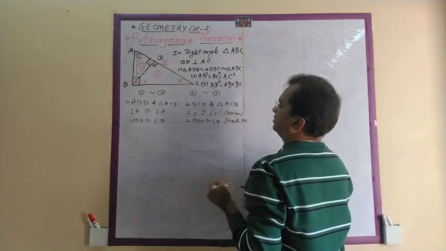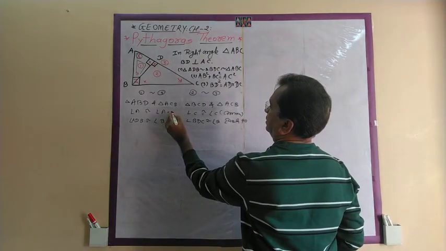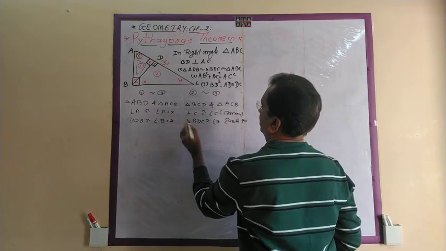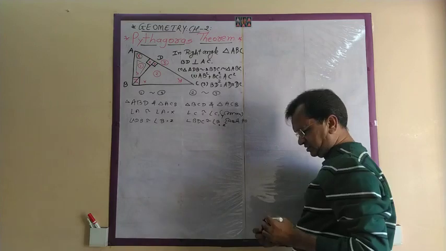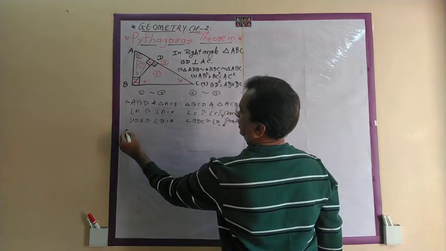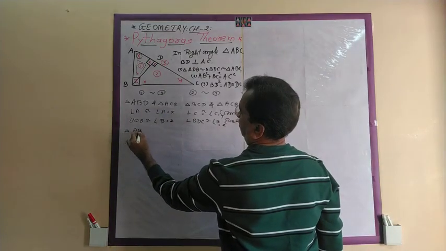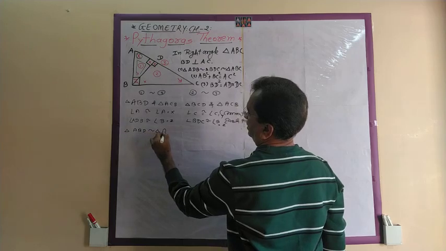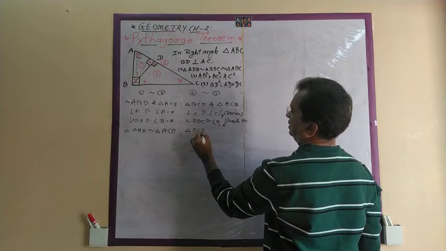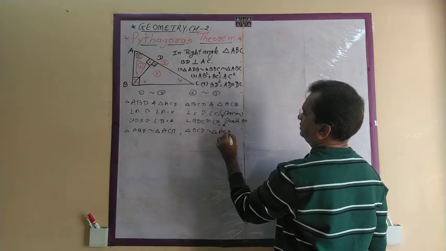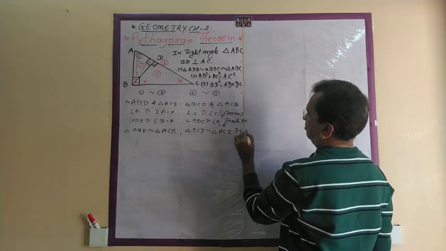So these are XX and these are ZZ. These are YY, these are Z. So you can say triangle ABD is similar to triangle ACB, triangle BCD is similar to triangle ACB by